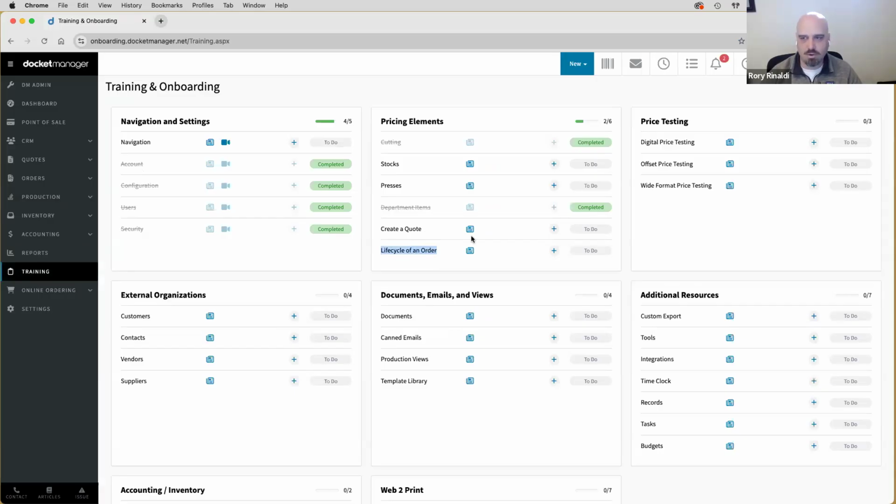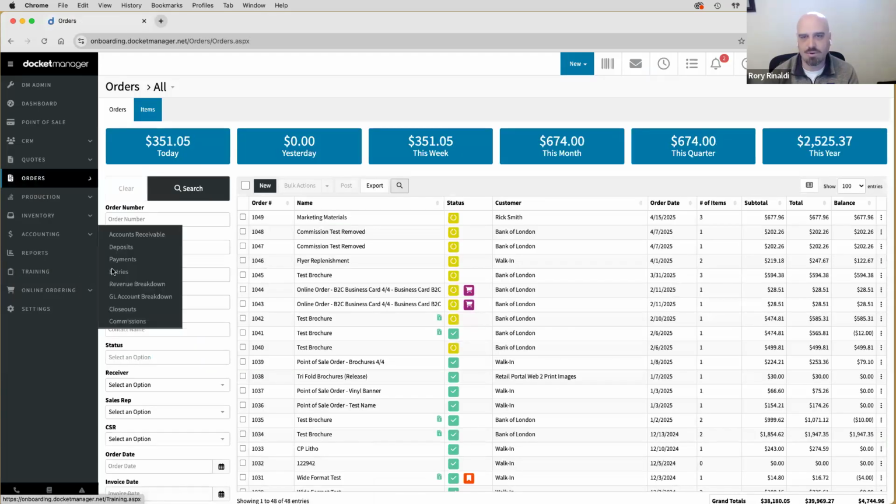We started with create a quote, so you may want to start here, and then life cycle of an order. That's printing the quote, converting it to an order, tracking it through production, just like we had done here. What makes this really nice, if you're doing the work up front, getting all of the information in the right way, filling in the appropriate fields on quotes and orders, when the customer calls back and they want to reorder